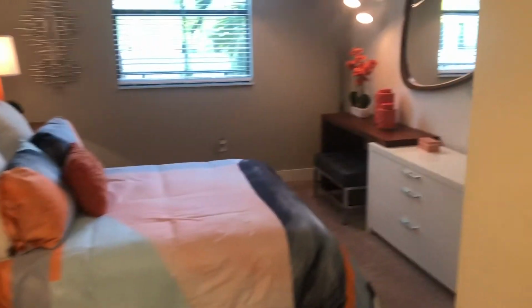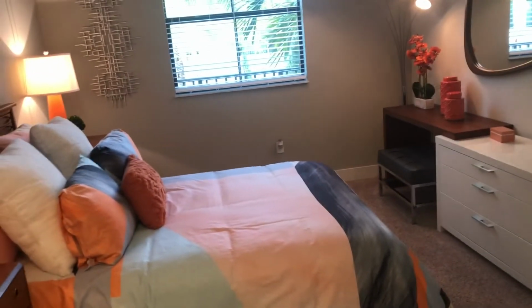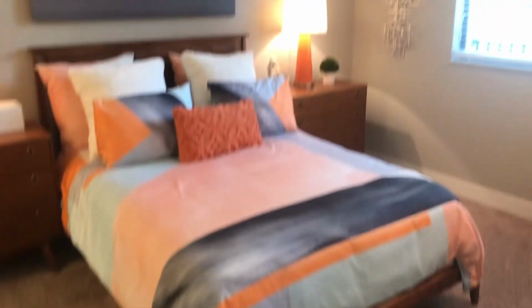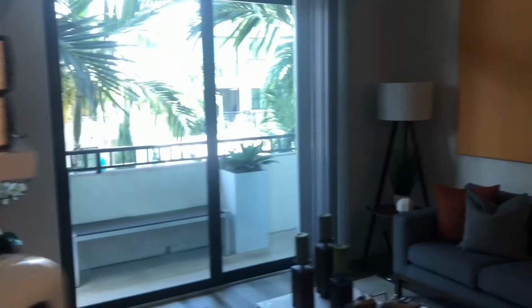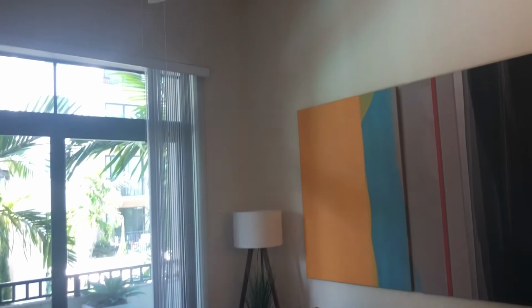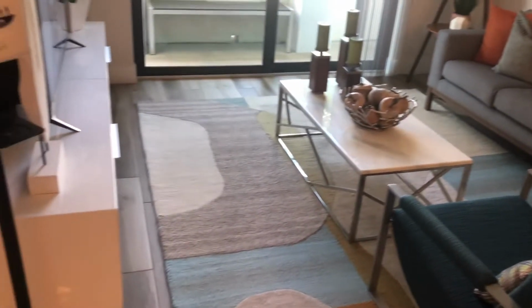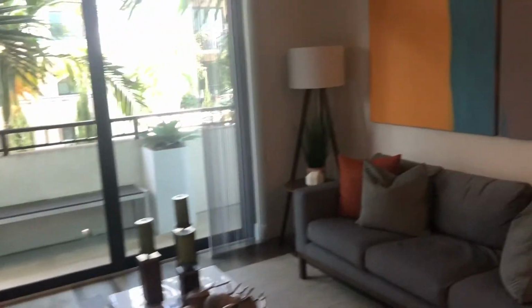And this was not a walk-up. You had to go through a lobby to get up to the rooms, which we liked because it did feel a little bit safer, and you could park your car behind a gate so that it just felt like there was a little more security there. There was also a co-working space in the lobby, which I was excited about because I will be working from home some. This place was also expertly decorated, so that definitely helped it show off better. But we just really thought it was